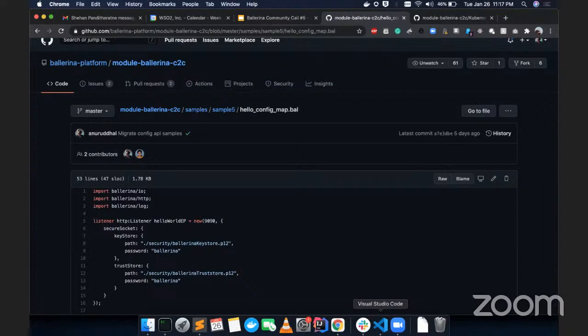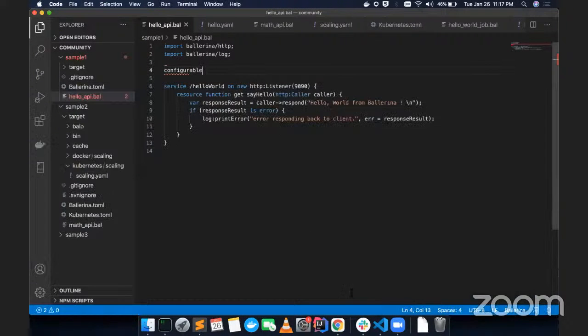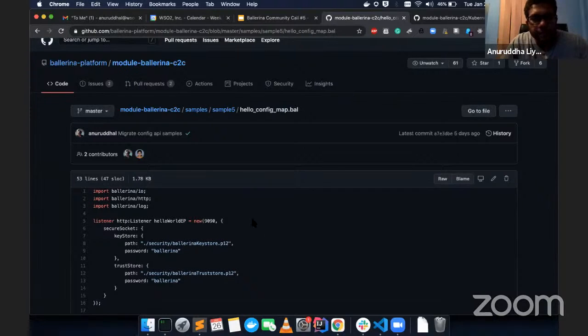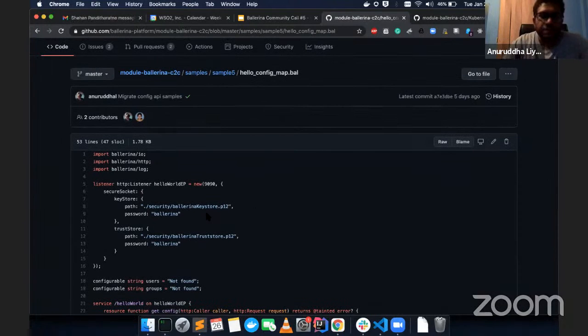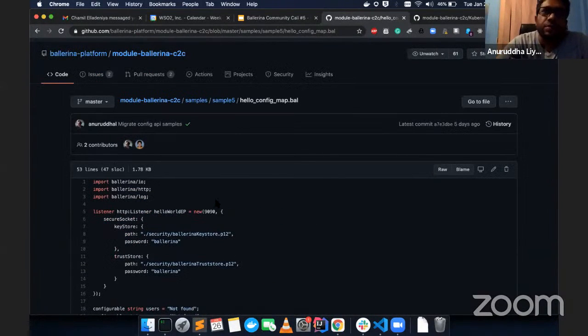Hi, Anuruddha. I have one question regarding this particular example. Here we have used key stores and trust stores. How are they going to map to Kubernetes artifacts? Each will be generated as a secret. So if we compile this one, it will generate a secret file and it will be mounted to the Kubernetes pod.